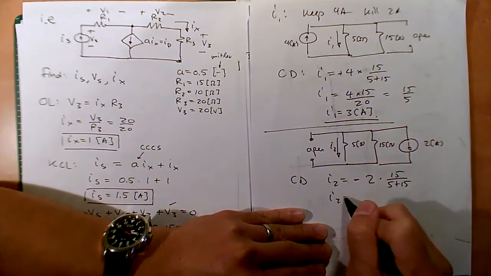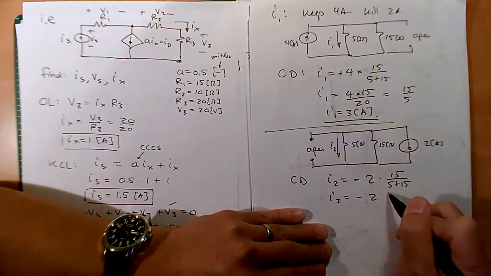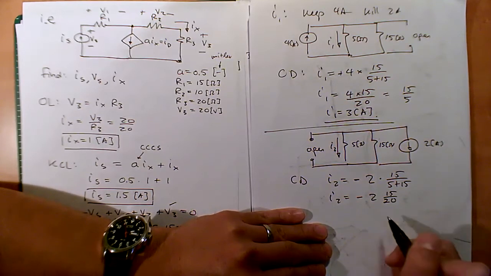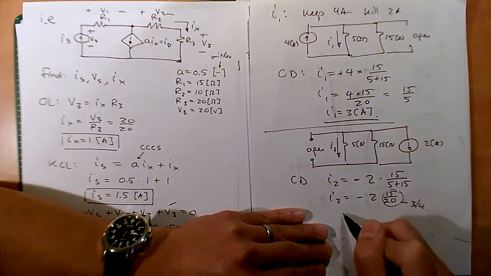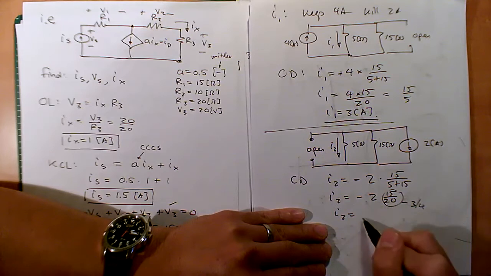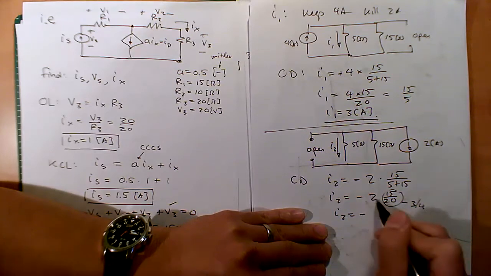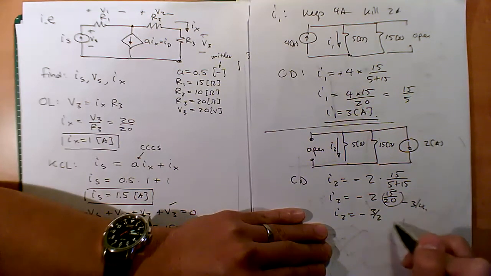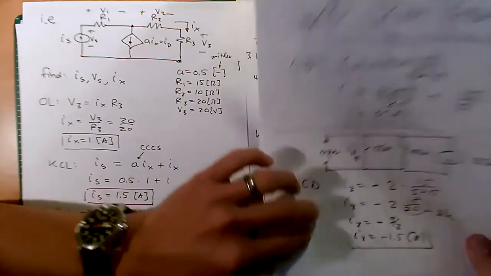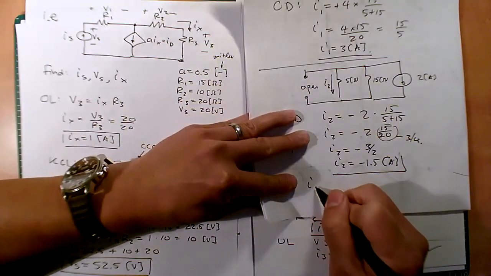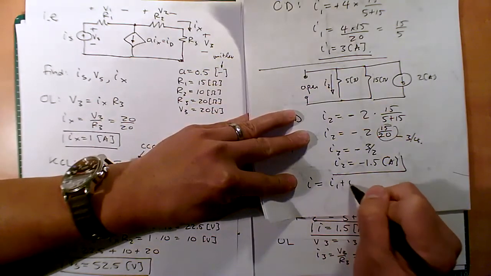Okay, so I2 is equal to minus 2 times 15 over 20. Is that right? Yes. Okay, what's 15 over 20? Isn't that 3/4? So I2 is equal to minus, and then we got a 2 and a 4, so isn't that 3/2? So isn't this I2 equal to minus 1.5 amps? Okay, so then the final thing we could say is I is equal to I1 plus I2,